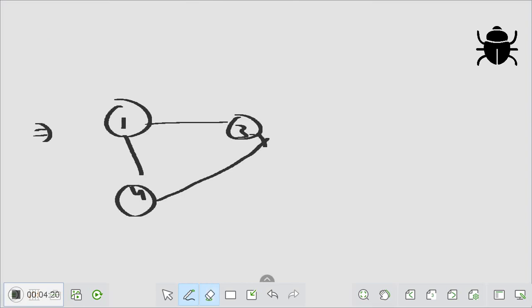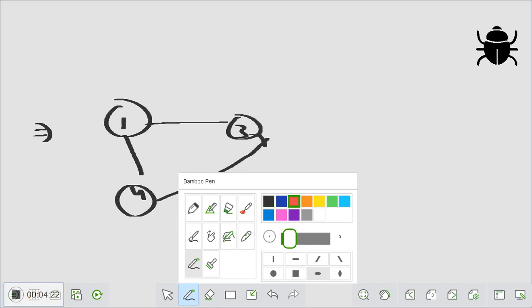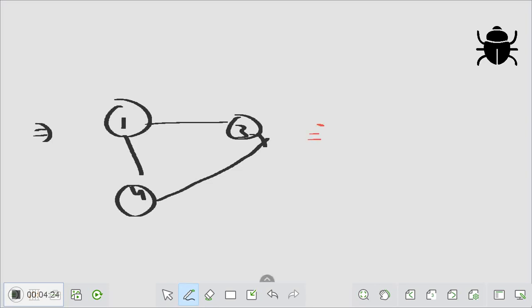Now let me ask you, is it a fully connected component or not? If you see this, from this one I can go to 3, from this one I can go to 4. Similarly from this 4 I can go to this one, and I can go to this 3 as well. It is a bi-directional edge actually. So from this 4 I can go to 1, and from this one I can go to 4, no doubt, undirected graph. Now similarly from this 3 I can go to 1, and I can go to 4. So yes, it is a fully connected component, but